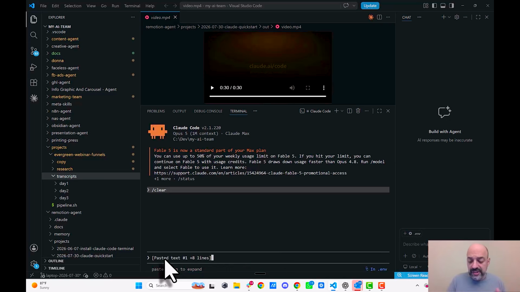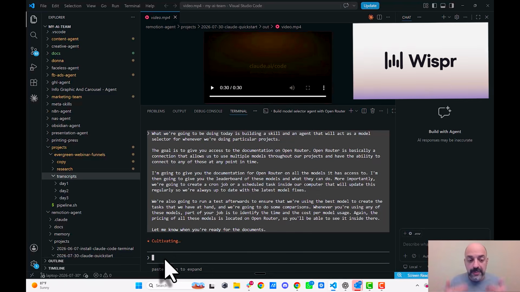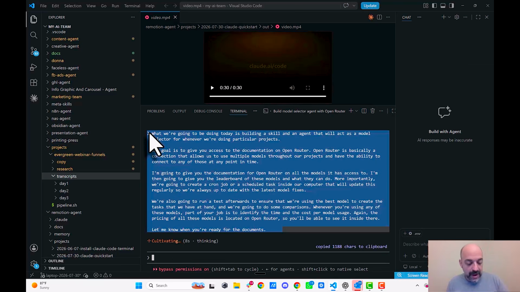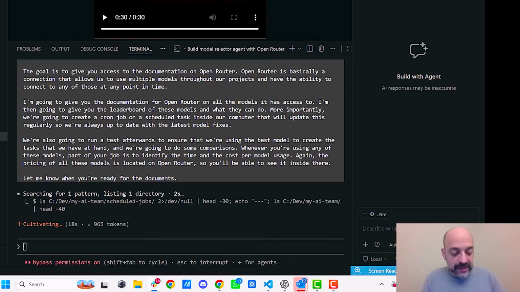So, a clear, pretty sustainable task. I'm using WhisperFlow to dictate all of this, and I'm going to paste it. Later on I'll clean it up a little bit, and later on, you all can have it. Okay, and we're going to let this thing run for a hot minute. And when it's ready for the documents,